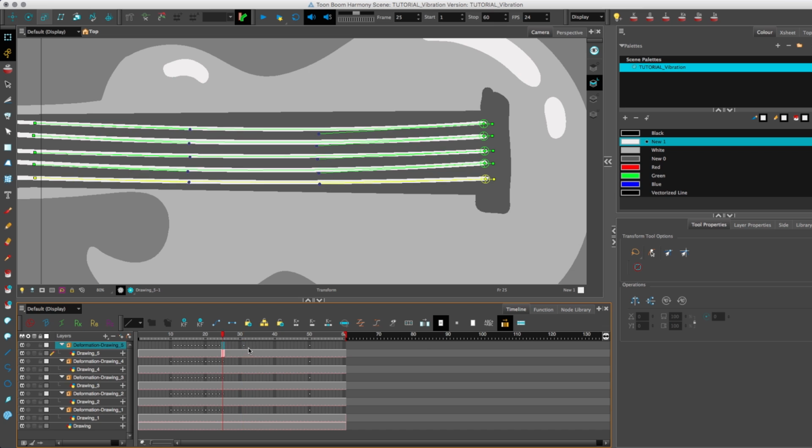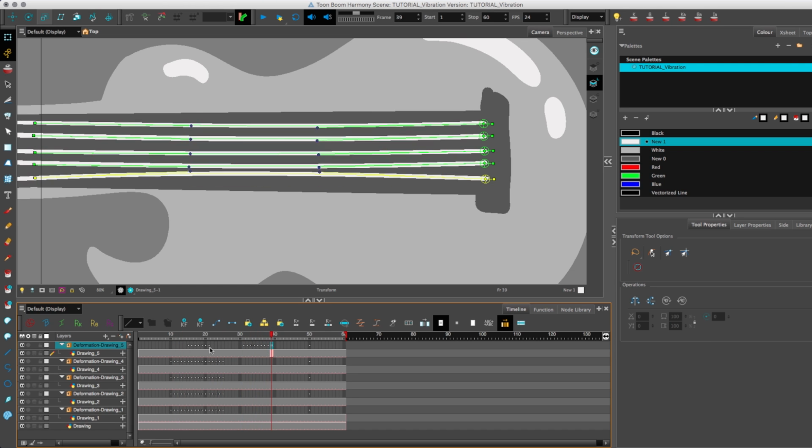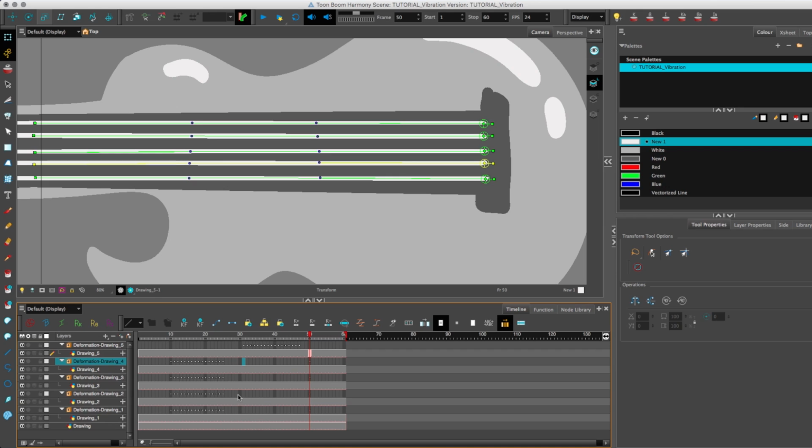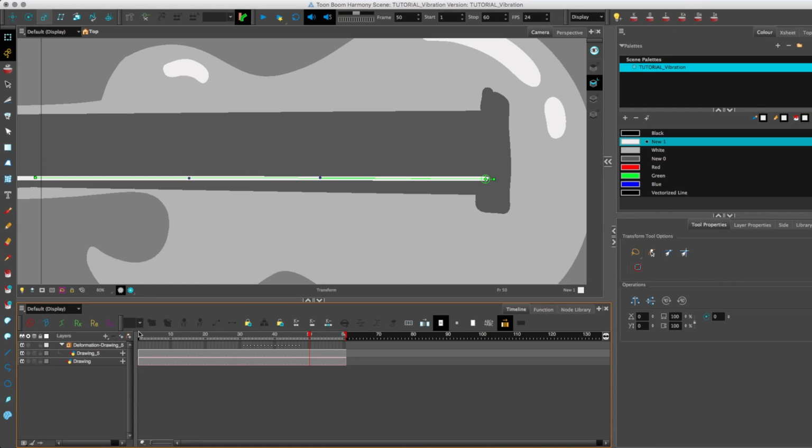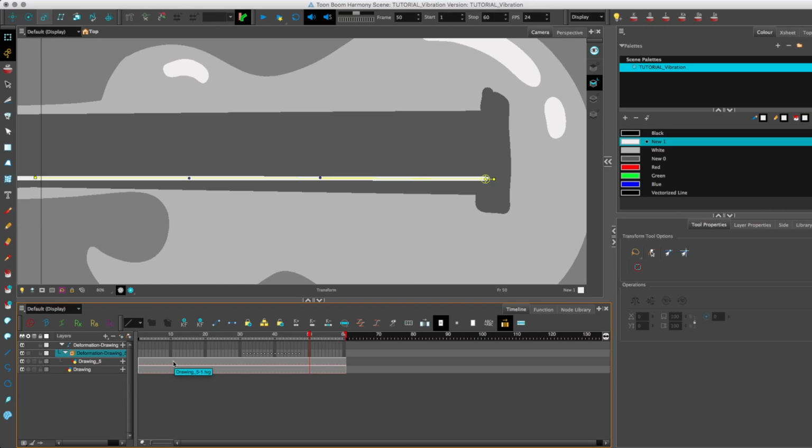Taking from each of the ends and placing them from left to right. And did you really think we'd need to go through the tedium of doing this for every other layer? No, no, no. In fact, we don't need any of these other strings. Delete them. And put the original deformation chain inside of a new peg.